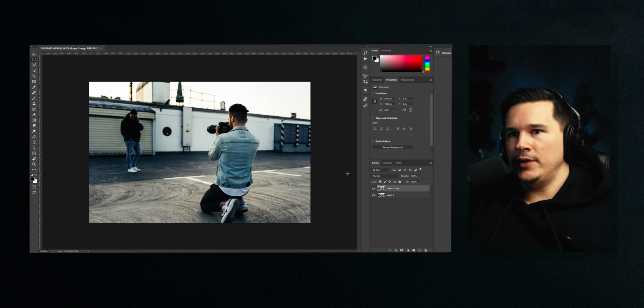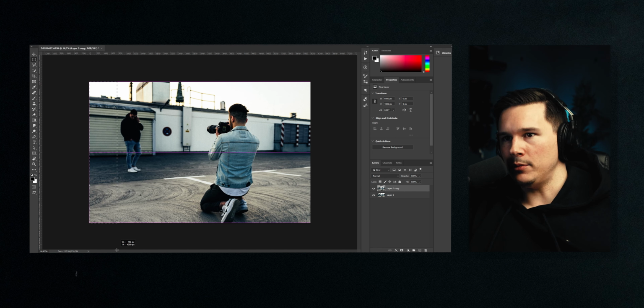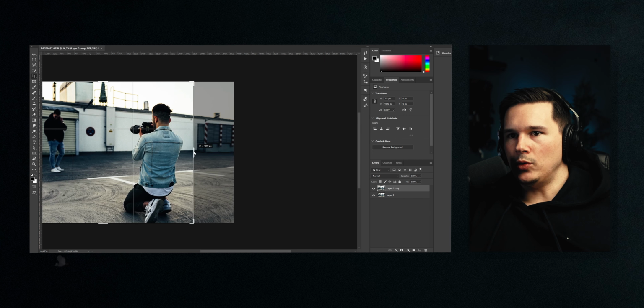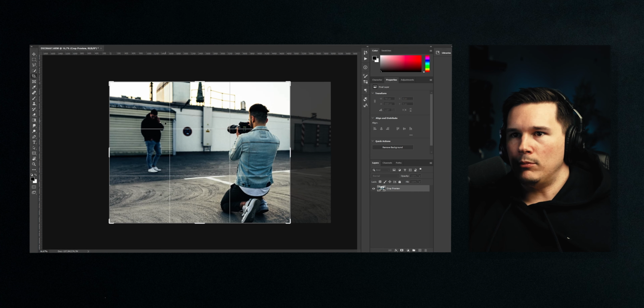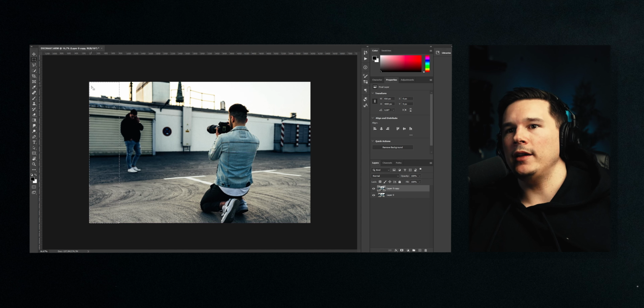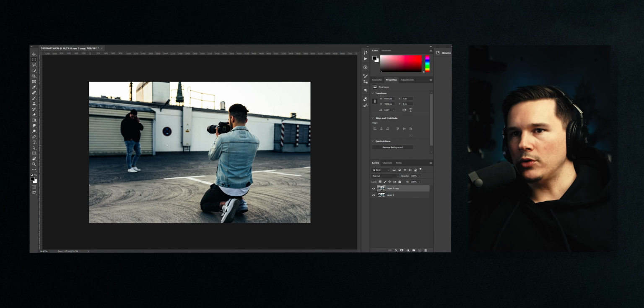All right, so what we're trying to do is to get a little bit more real estate on that side of the image, because in order to move the cropping tool more to this side, we need space here on the left side. Because we have such a simple structure here on the left side, we can try to make it larger. So first of all, we go over here to our menu where it says image,